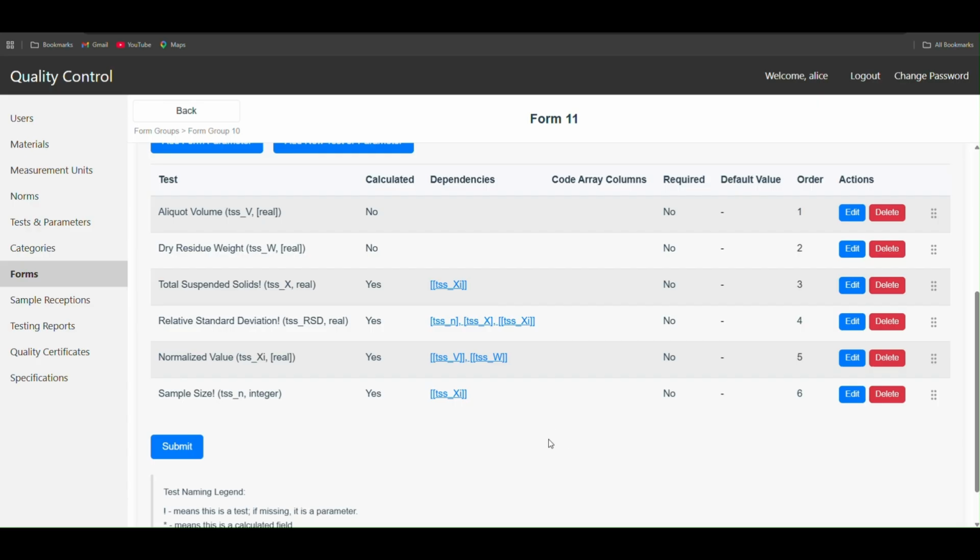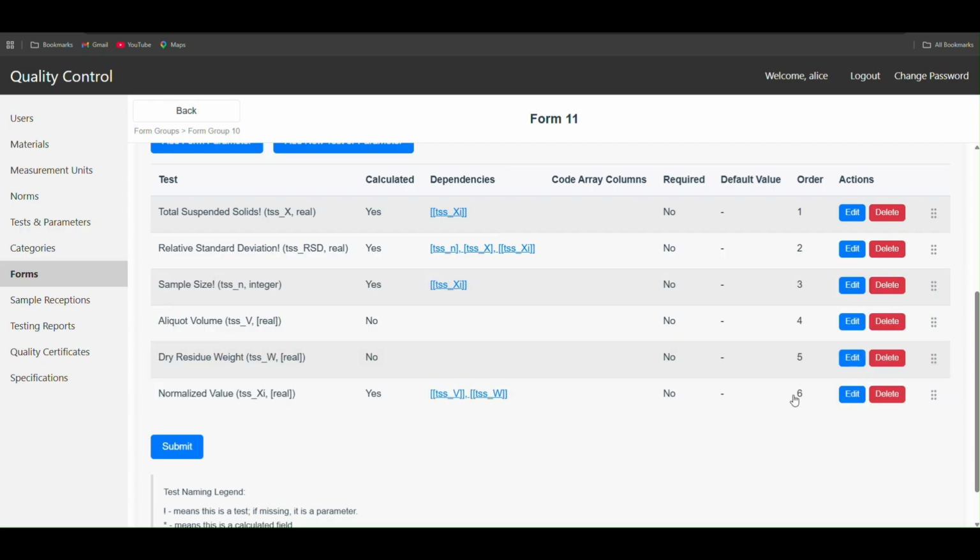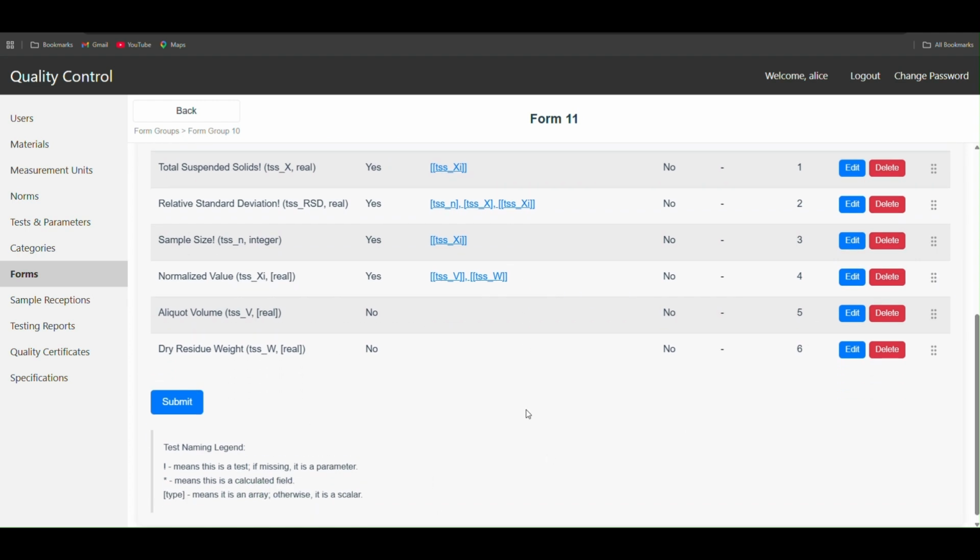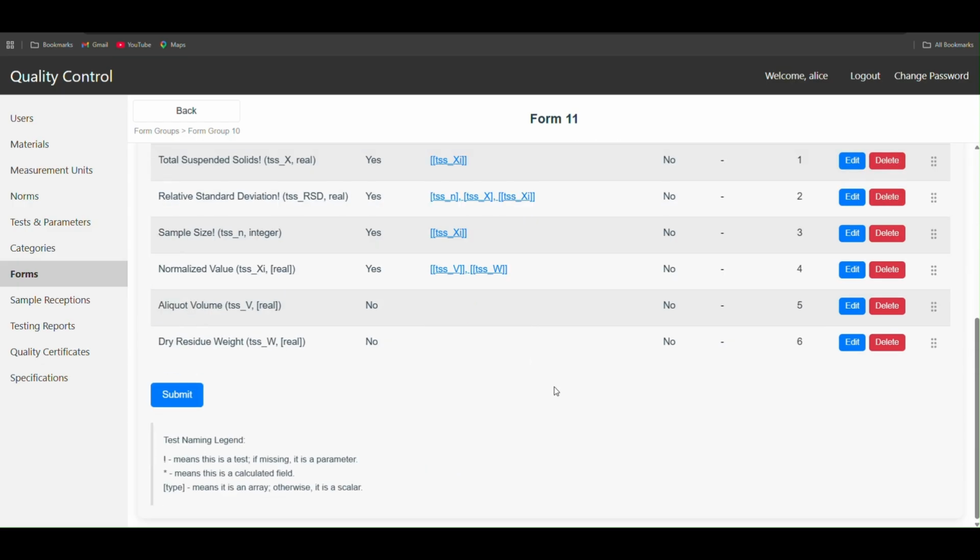Okay, let's rearrange the form a little bit. Calculated fields first, the sample size, and this intermediary calculation here. Okay, and I think we can submit the form